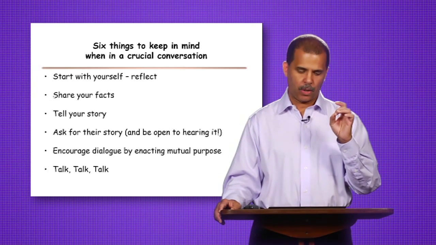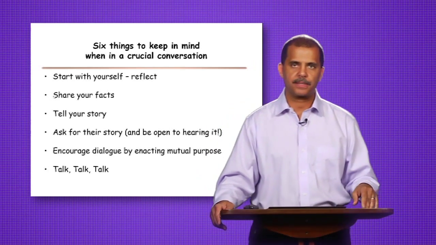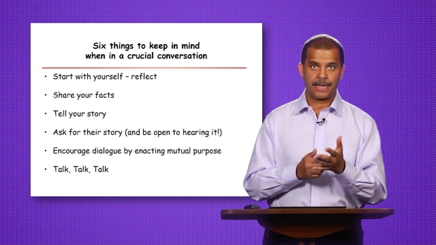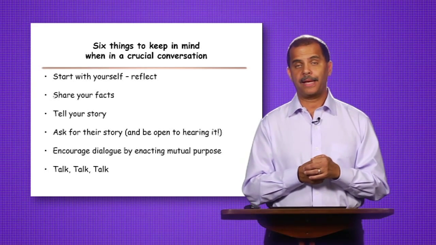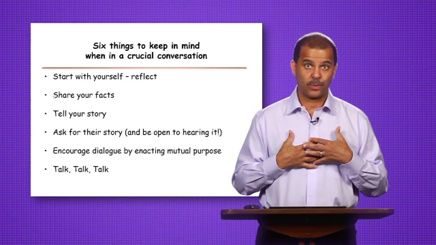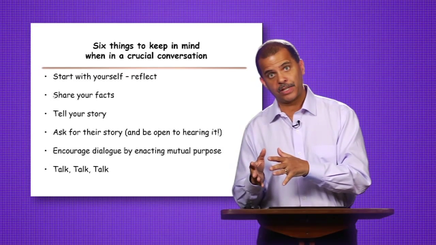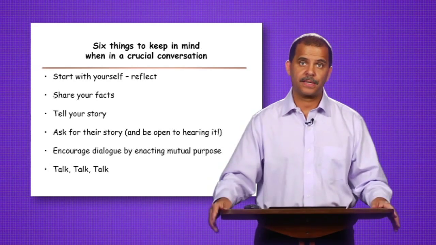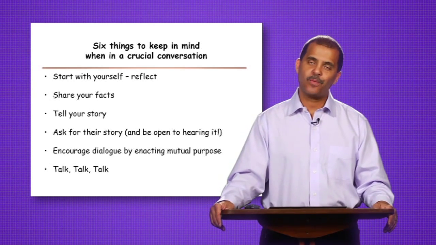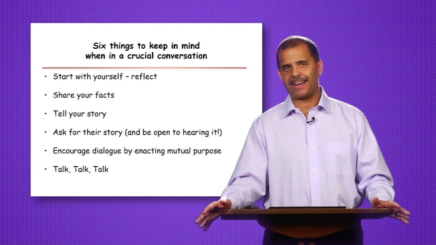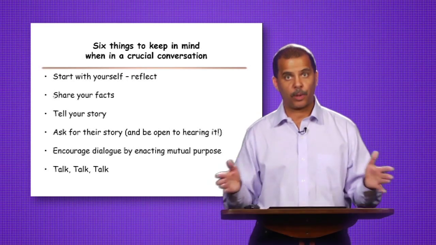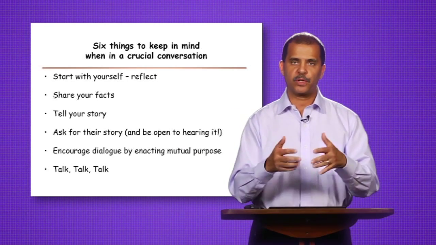Next, encourage dialogue by enacting mutual purpose. So remind the individual, both of us probably want to get an A in this particular assignment. Is that true? So you want to validate that. They'll probably say yes. So I'm wondering what we can do such that we can work along better. What can I do, really, so that we can work in such a fashion so we can get a good outcome, which for both of us is the same, to try to get an A. But you want to engage in dialogue. And you want to talk. Not chit-chat, but talk with a purpose. And the purpose is to resolve the conflict so that way what's called a process gain. You can work better to achieve the outcomes.